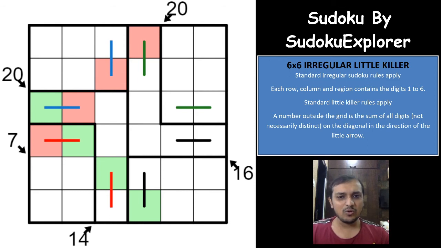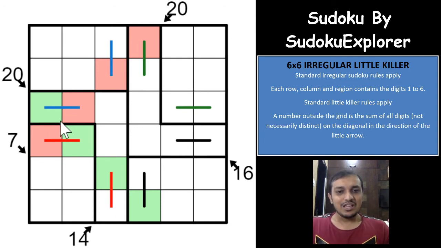Excellent. Now as we have already deduced, not only these two groups but even these two groups will have to be different. I mean to say we'll have to have different digits. So these four also will have to have different digits, because even the blue and the green color are seeing each other in the same row, which means that these four digits and these four digits also would have to be different. Now why is that helpful is, we can take the maximum. Let us not assume anything here, right? Let us take the maximum of these two reds and the maximum of these two greens.